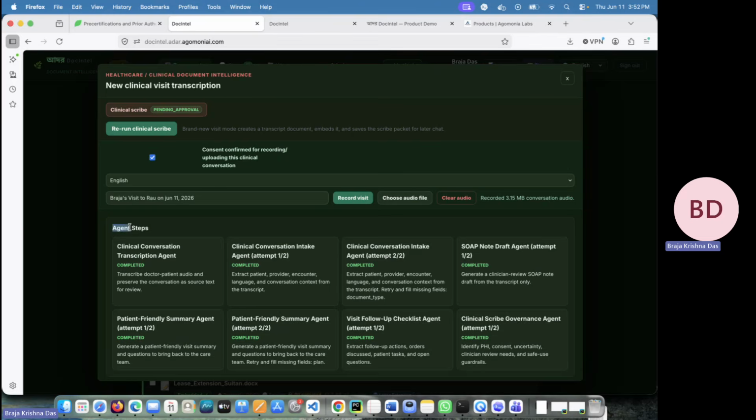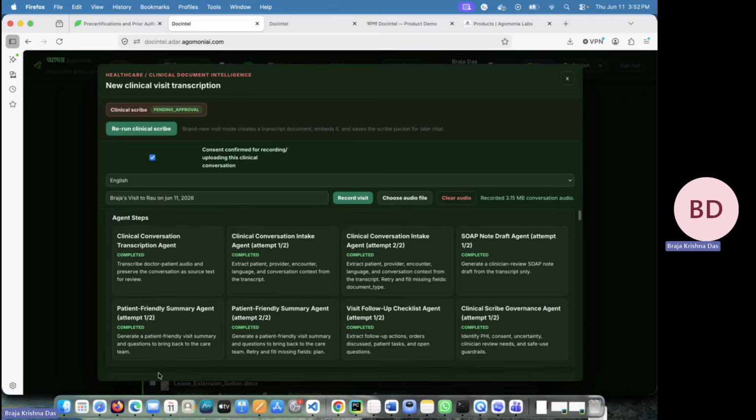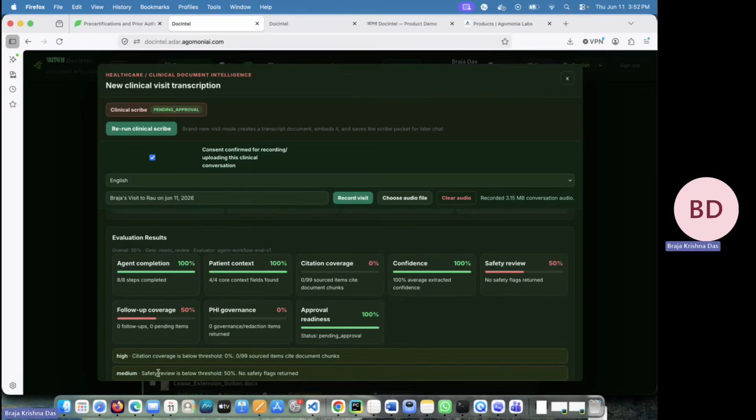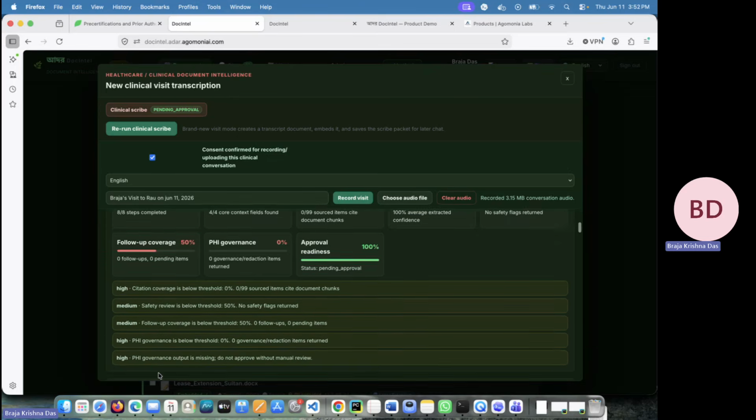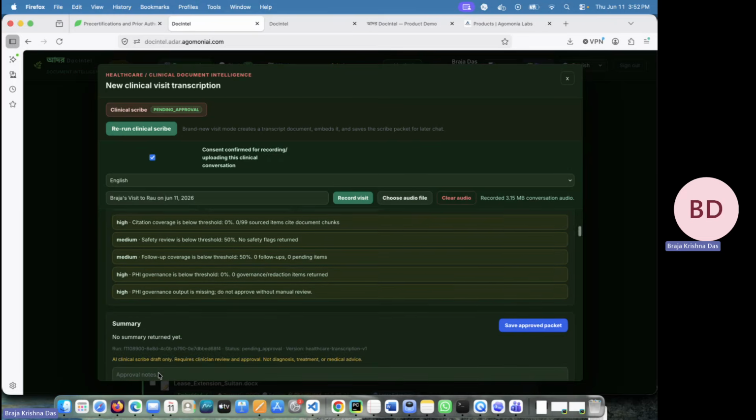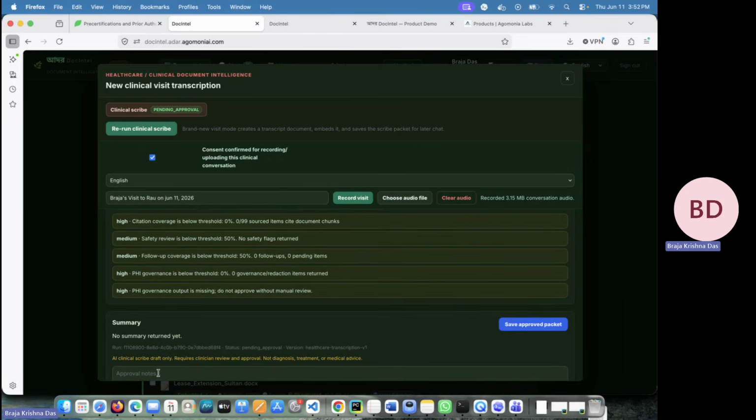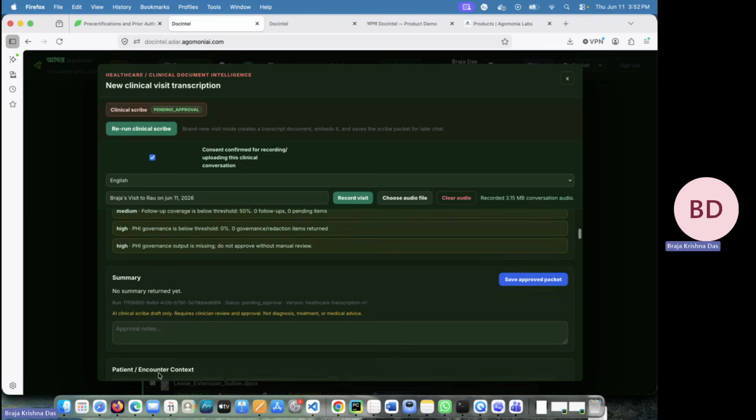See, as a part of the agent workflow, it says the clinical conversation transcription agent runs. Then the SOAP note draft agent, patient-friendly summary agent, and visit follow-up checklist agent, and the clinical scribe governance agent. Now, if you take a look at it, it does a lot of evaluations. That's how it does all of these things. Then it gives you some high, medium, low ratings and some governance-related stuff. So now